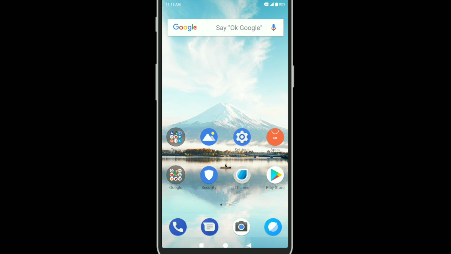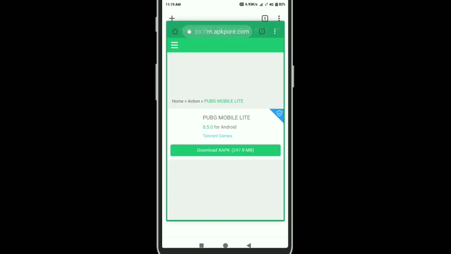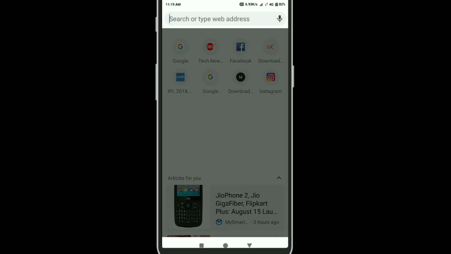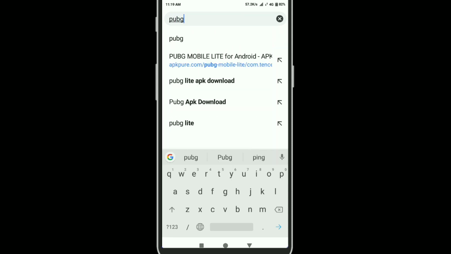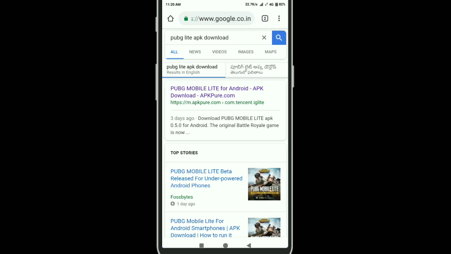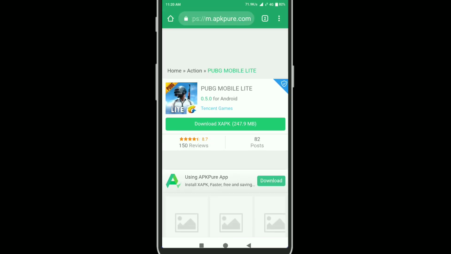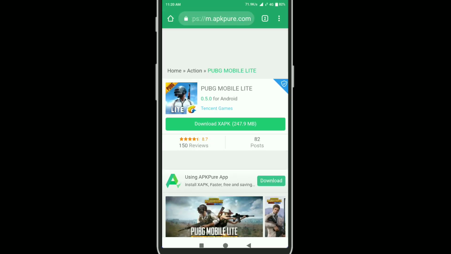So guys, first you must have an internet connection, and after that open your Chrome browser, and after opening just type PUBG Lite APK download. And after that here you can see the first link APK Pure, so tap on it, and after tapping on it here you can see download XAPK, so tap on it,